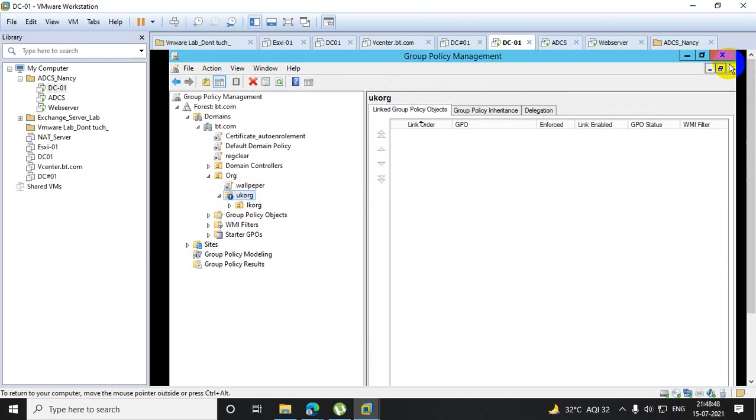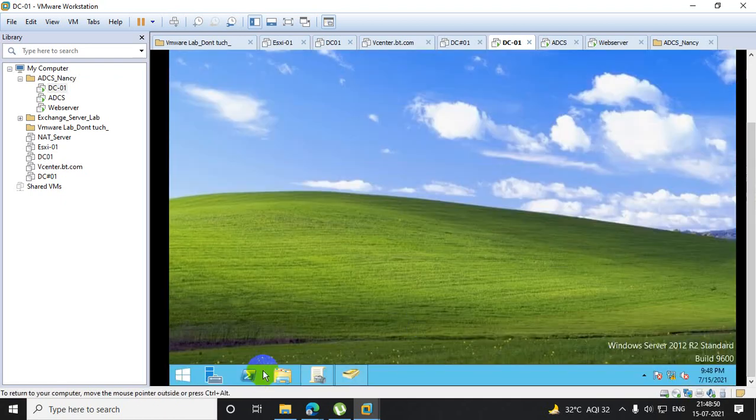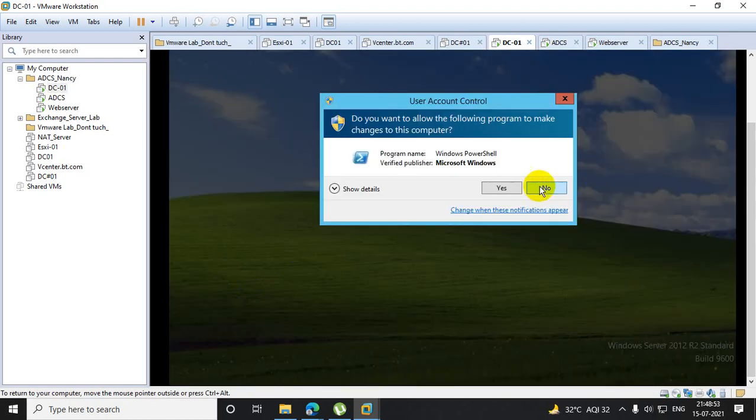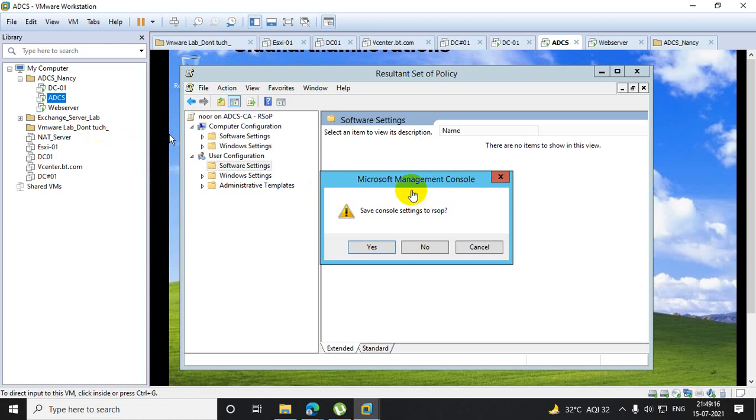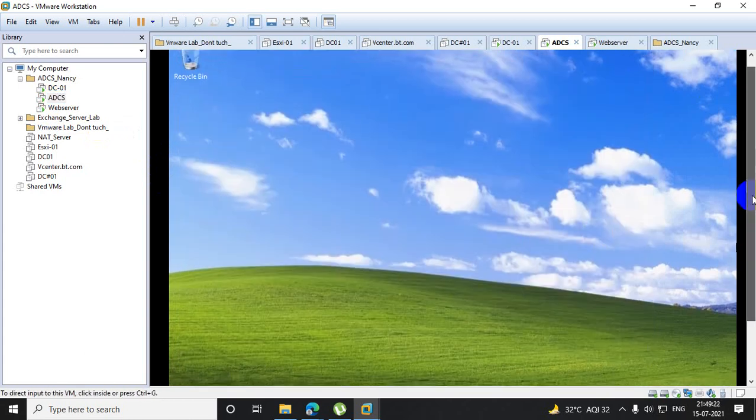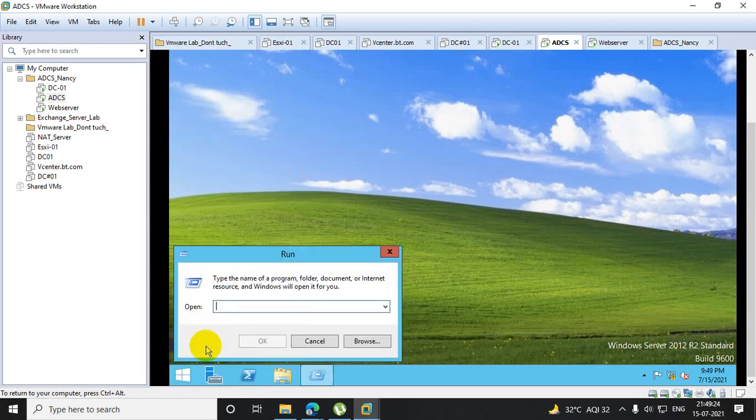So in that case, as I have done the settings, you need to run gpupdate /force. Perfect. Now I log in with Noor because Noor is in the mediator OU, I guess. Log off.